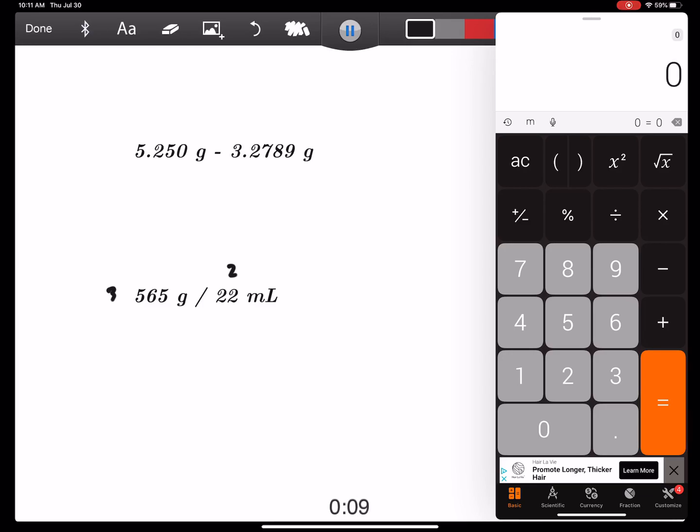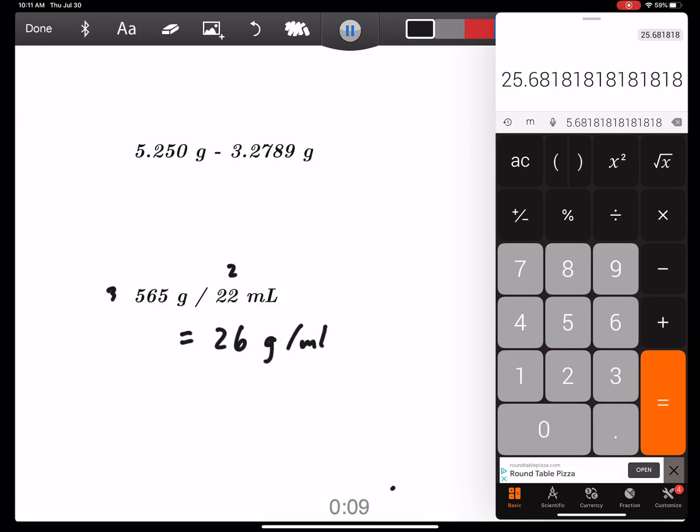Now, your answer can only be as good as your weakest measurement in this case, right? So in multiplication and division, you look for which one has the fewest sig figs. Well, one of them has 2, so it's easy. So now we just put into our calculator 565 divided by 22, and we get 25.68181818. Well, who cares about anything but the first 2 sig figs in this case, because the answer is going to be 26